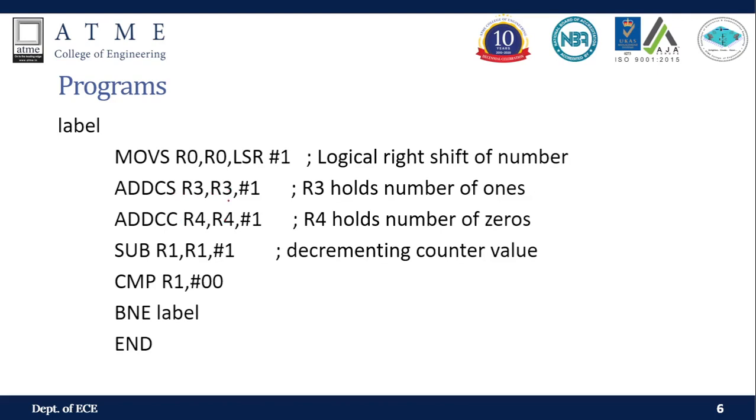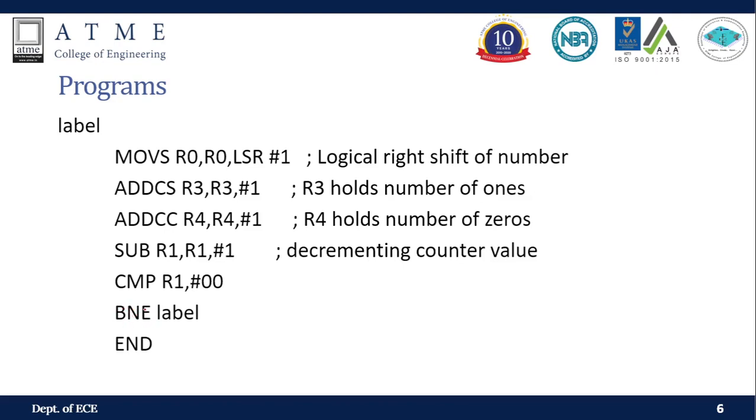And finally, once both of them are done, we are going to decrement R1, because you should remember R1 has the number of shifts loaded, and we initially loaded it with 32. So this will be decremented by a value of 1. And once it decrements, R1's value will be compared with 0. That is, you are checking if R1 has reached 0. If it has reached 0, then it has to break this loop. If not, we are saying